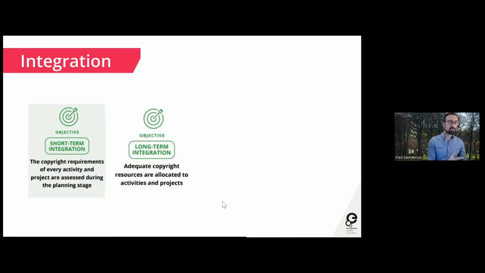And as you can see, that's possible at other times, but it's so much easier to do if you've got that senior management buy-in to the importance of copyright, if you've got some training and knowledge available across your organization about copyright that we talked about on the previous page, and if you've been gathering and recording the copyright information that we talked about in the foundation stage, you can see how it builds.